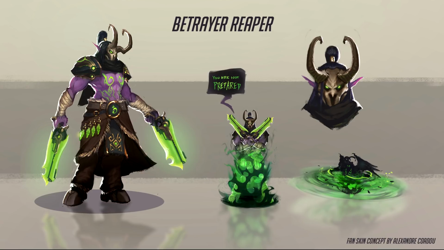The famous line. I really love how the skin works with Reaper. He's even got the mask still, but he's rocking the now horns in front, and of course the skin is now a purple color, but he still has the sort of green marks from Illidan's design himself. And I think this is again one of those skins that I could totally see being